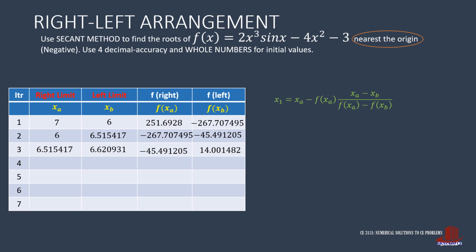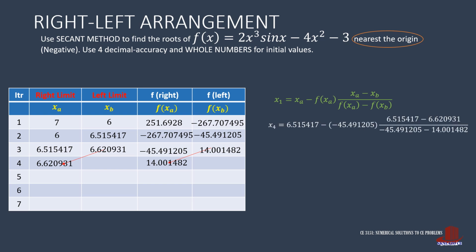The next iteration has the same process of sliding the values to the other side. Then solve for the new xb as 6.515417 less negative 45.491205 with a difference of 6.515417 and 6.620931 divided by negative 45.491205 less 14.001482. This results to